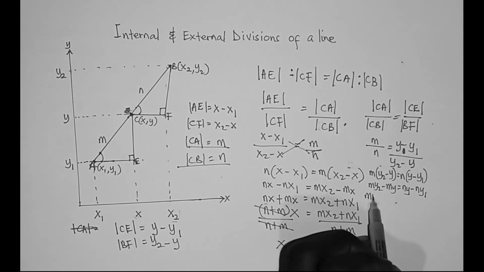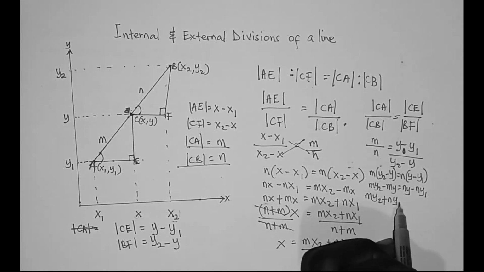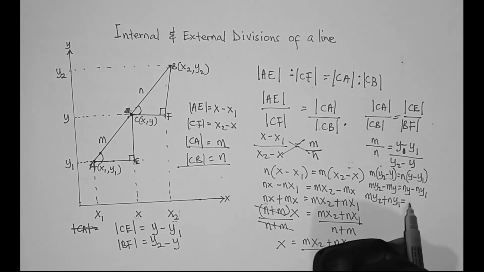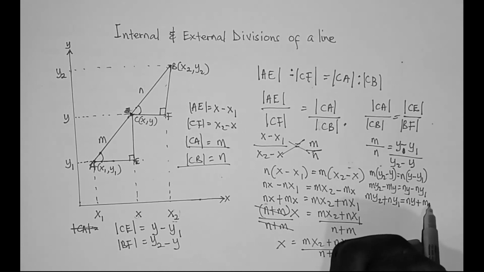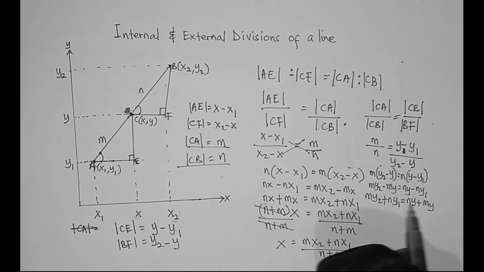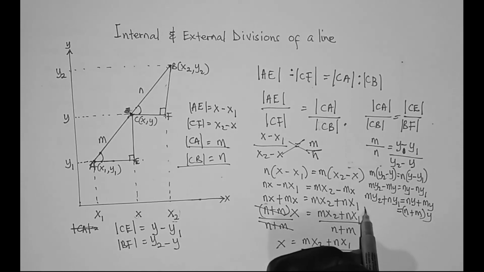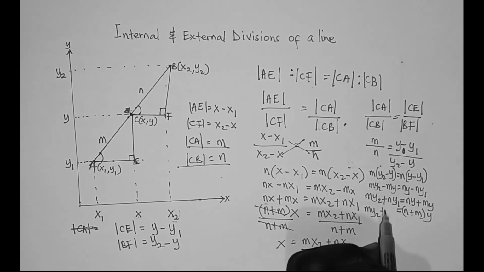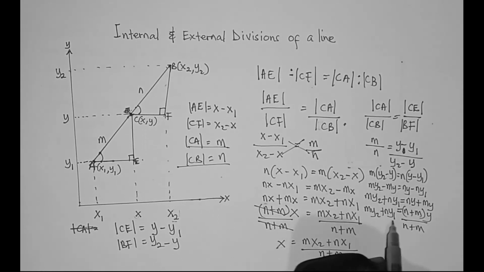So we have my2, then minus ny1 becomes plus ny1, is equal to my, then minus my becomes plus my. So let's factorize y from this portion. So we have n plus m times y is equal to my2 plus ny1. So if we divide through by n plus m,